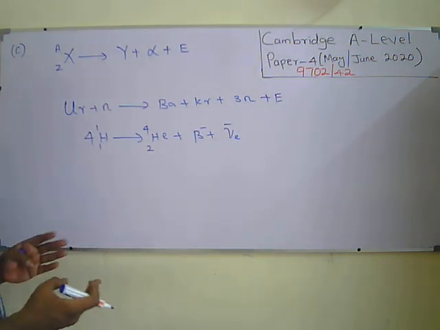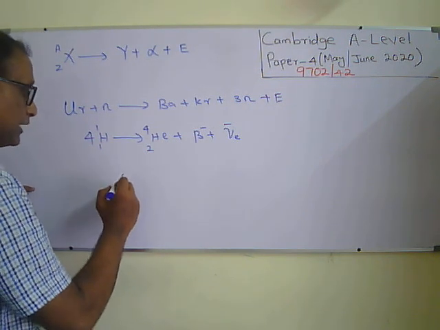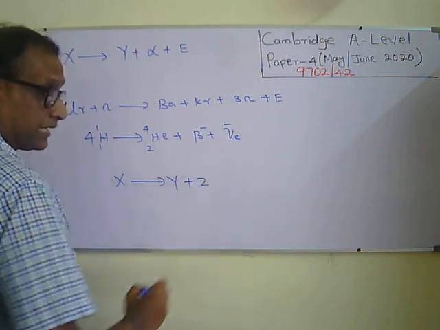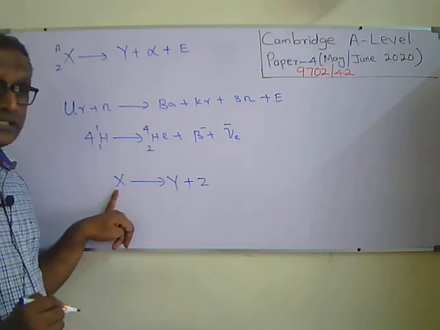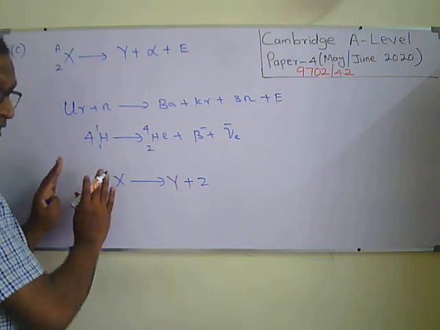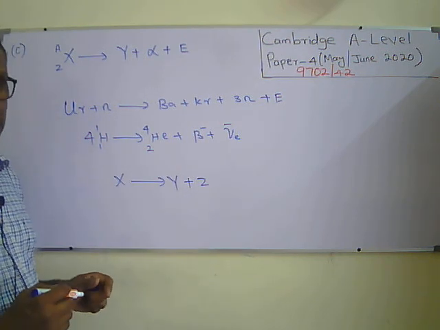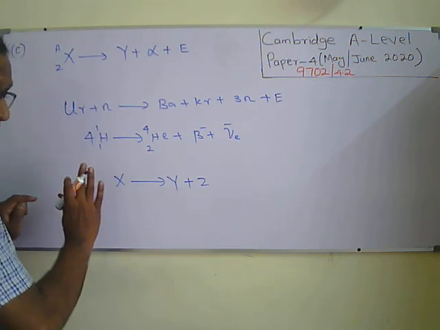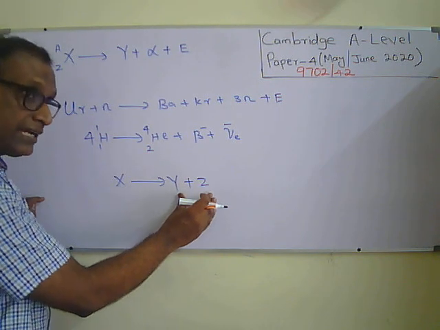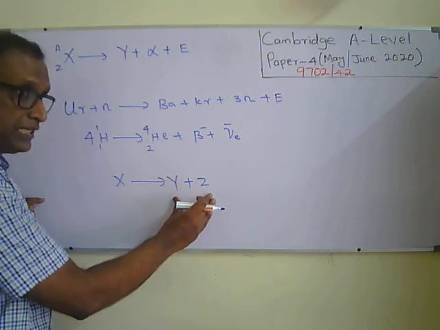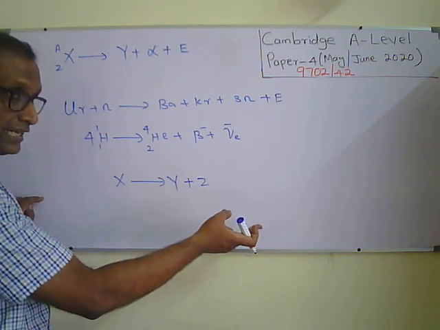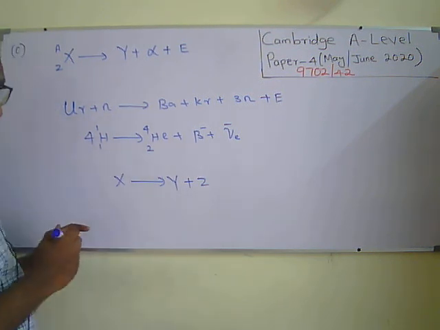But we can make some reaction happen, something like X becomes Y by producing Z, where the products are not stable and the initial one is more stable. That means energy should be supplied for that reaction to happen. If we give energy, then it is possible the products can have lower binding energy per nucleon than the initial one, but for that reaction energy will not be released. We need to supply energy.